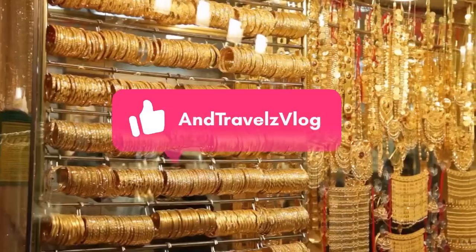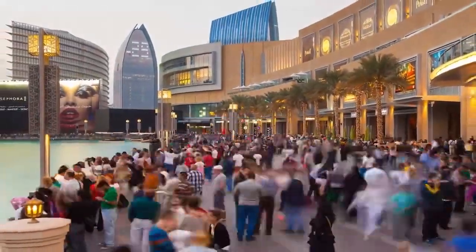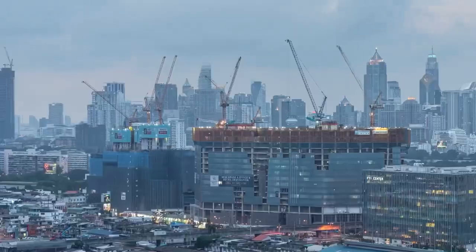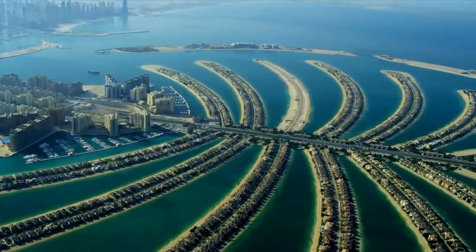Dubai, fueled by the wealth that comes with being a major oil hub, has grown by close to 600% in population in the last 30 years. The modern-day metropolis version of Dubai is a waterside city on the edge of the desert, full of iconic architecture and massive construction undertakings. There's the sail-like Burj Al Arab, glistening, mammoth shopping malls, and the glitzy, tree-shaped island of